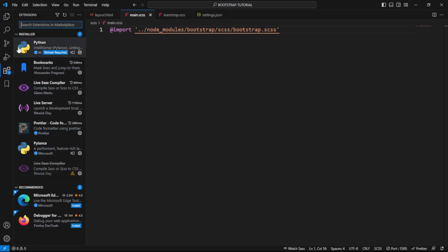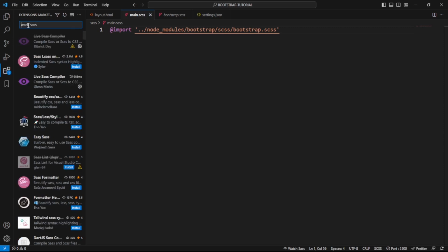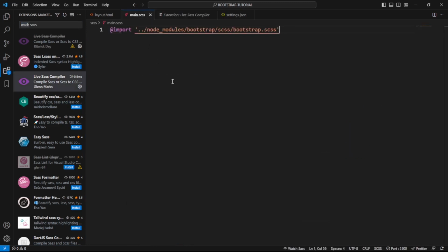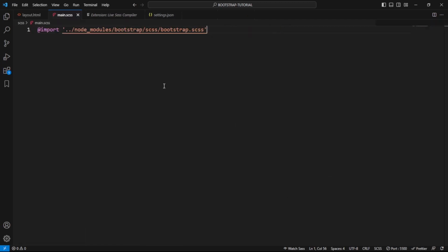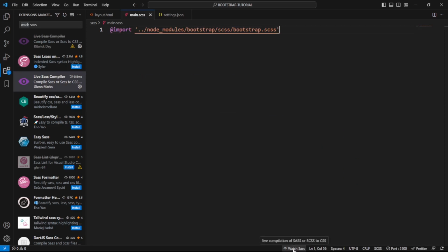extension. Let me show you. Watch Sass, and this is the extension. What this extension does is actually compiles your SASS files to normal CSS files. Let me show you what I mean. So if you successfully install this extension, then click on this Watch Sass button,